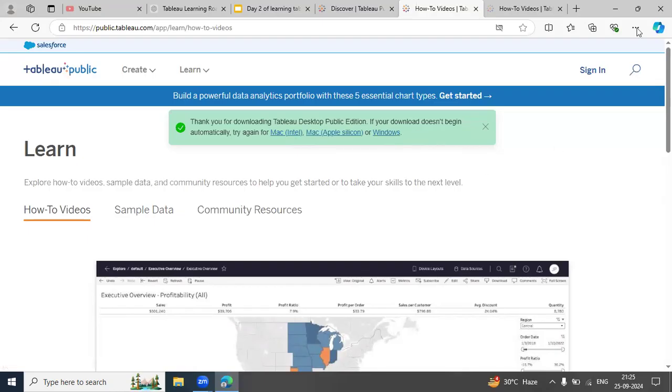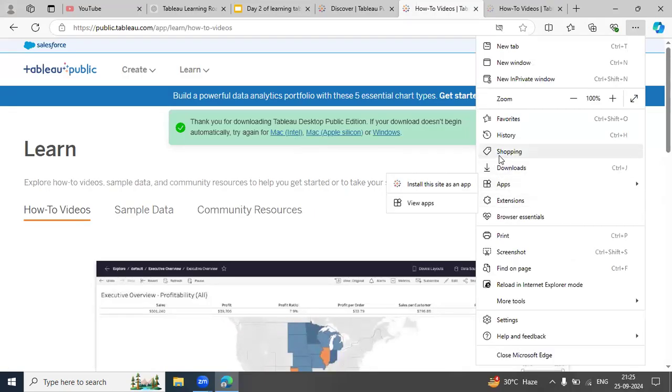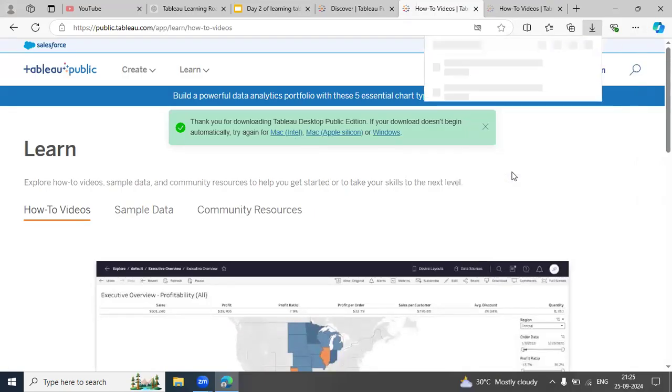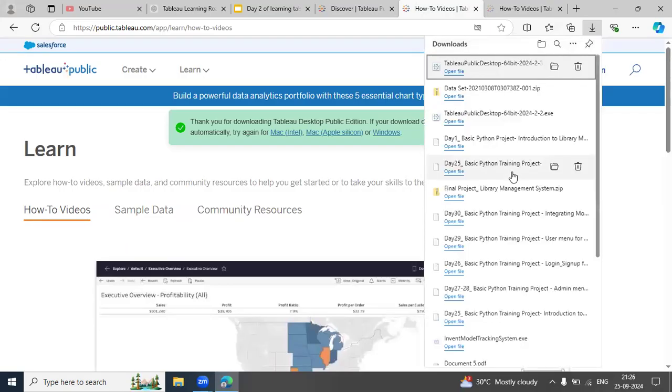So we have already downloaded it. Here you can see that it is downloaded already. Just click on the Tableau public desktop, and double click on it so that it will open up.